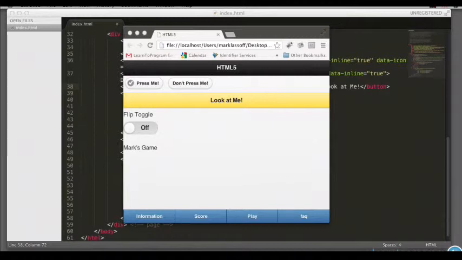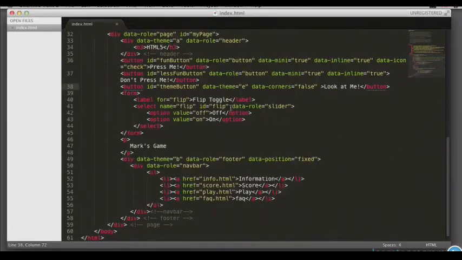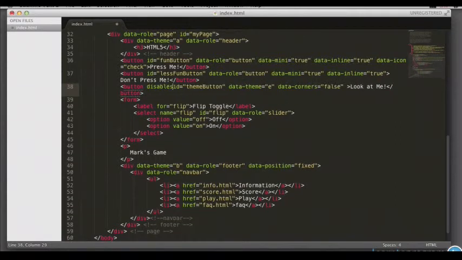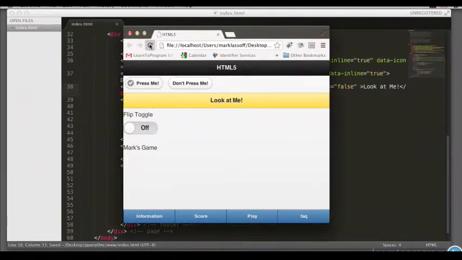Now, we could disable any button we want to using jQuery Mobile as well. And what we do is we simply say disabled equals, just like that. And now the button appears grayed out and the user is unable to click it. So as you can see, jQuery Mobile gives a number of different options for working with buttons and creating buttons that really fit well into